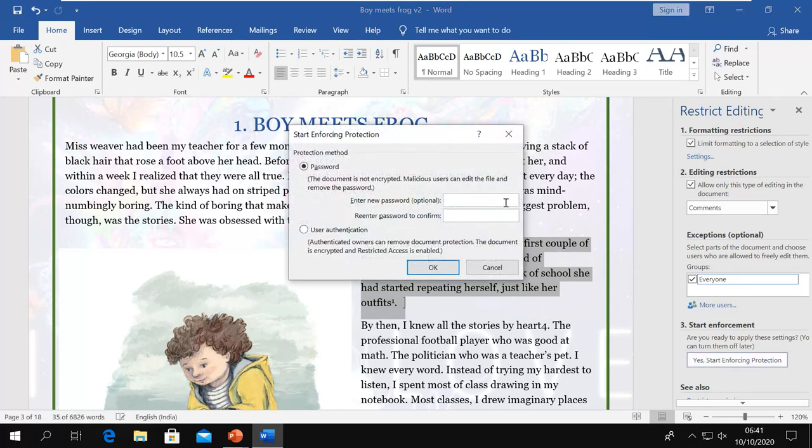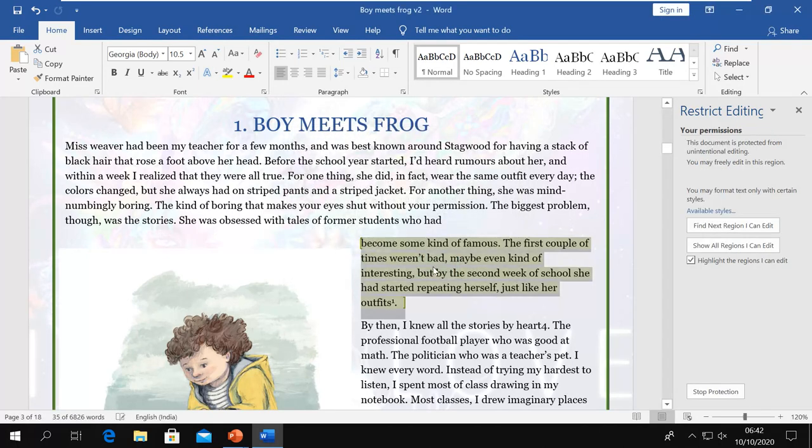Again it is asking me the password, and now it is giving me this option, user authentication, that authenticated owners can remove document protection. The document is encrypted and restricted access is enabled. So authenticated user, that means the user which is authenticated, which is logged in by the username and password in the domain, so they can do this. So I don't have, so I can do this one.